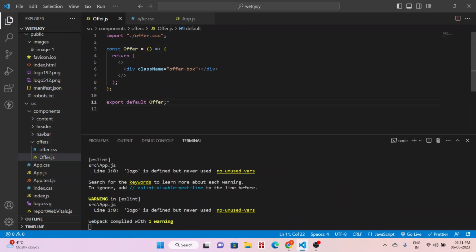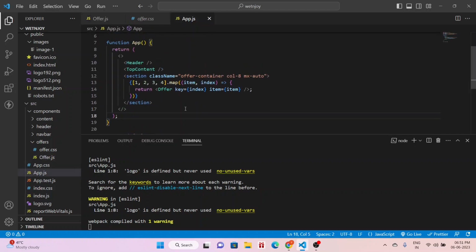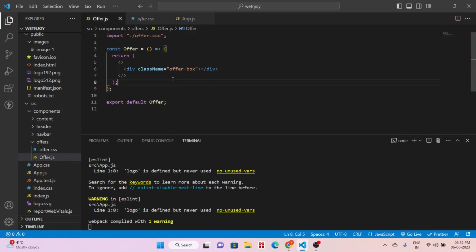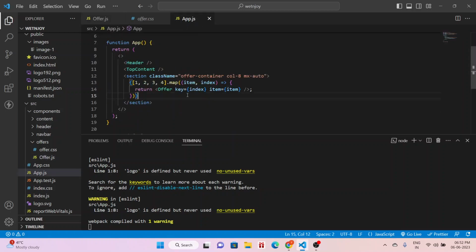Now what we will do is, I have created a section here. This is the container. Section is nothing but a container, with class name offer container, and I have given Bootstrap styling as col-8 and mx-auto. Col-8 means it will take 8 columns of the complete website, and mx-auto means the remaining columns will be auto adjusted and margins will be equally distributed, okay? Now as I said, we will write this component only once and display it 4 times. So for displaying it 4 times, what we'll do here in JSX,